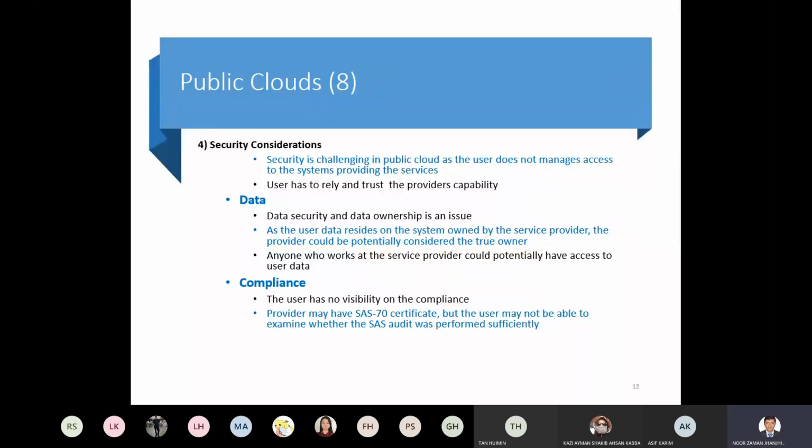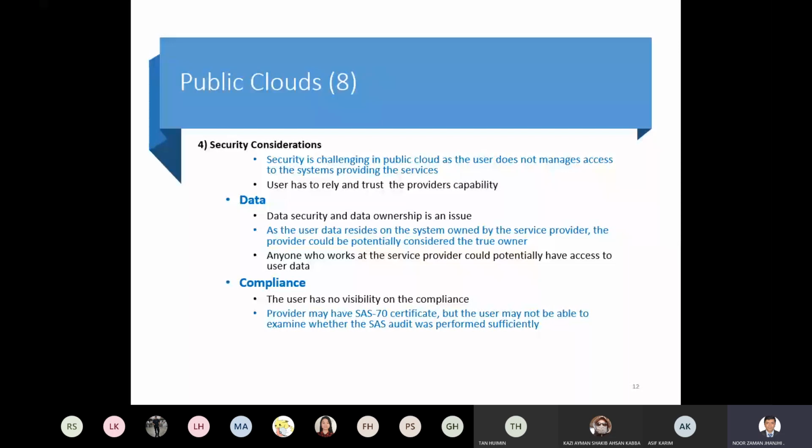If we are using the public cloud, we are storing our data, using different social networks on the clouds. You cannot manage the security of your data; the service provider is the one responsible to manage that. So security is a big challenge, especially in the public cloud,